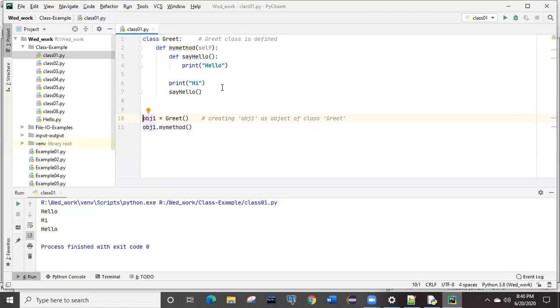Now, can we call this method without creation of the object or not, that is the question. For that purpose we have the static and non-static concept. If we make this static, no need to create the object, directly class name dot method name you can call it.